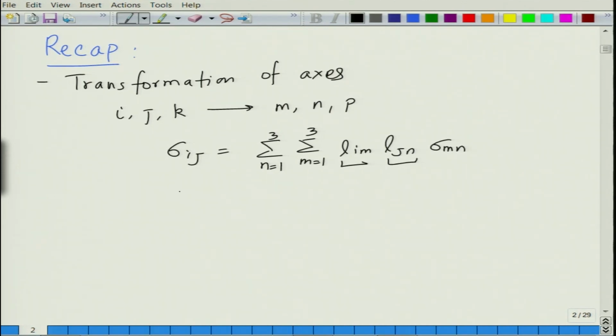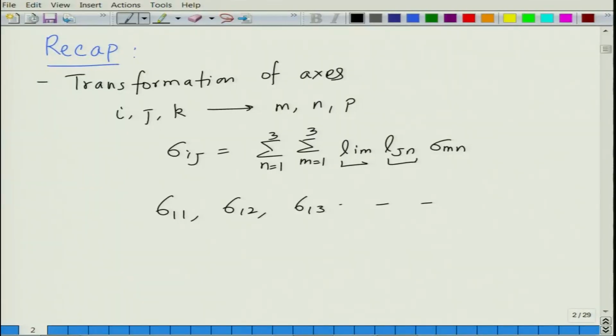This is also applicable for strain, as we will see later on, and you can write this in general form without writing the summation, but it is implied that summation is there. So you can write the expression for sigma 1 1, sigma 1 2, sigma 1 3 and so on. I would suggest you very strongly to do this exercise at home. We gave certain examples of sigma xx and sigma x prime, y prime and so on, and then you can modify them a little by using the symmetry of stress tensors, that is sigma ij is equal to sigma ji, and then you can shorten it.